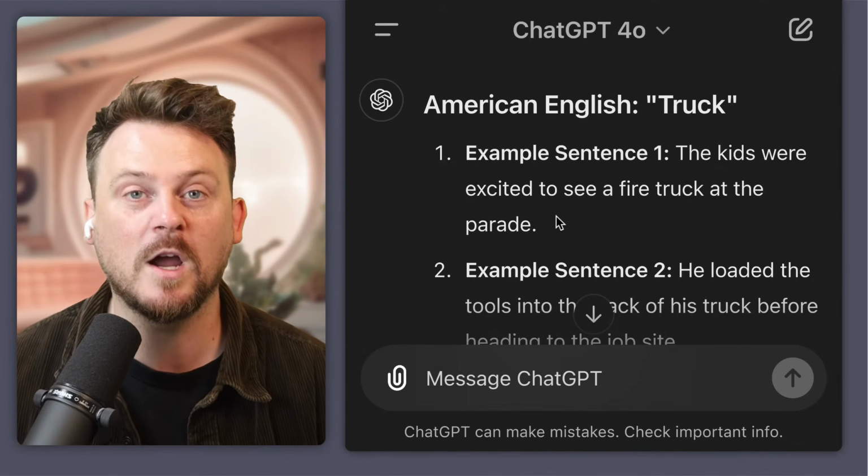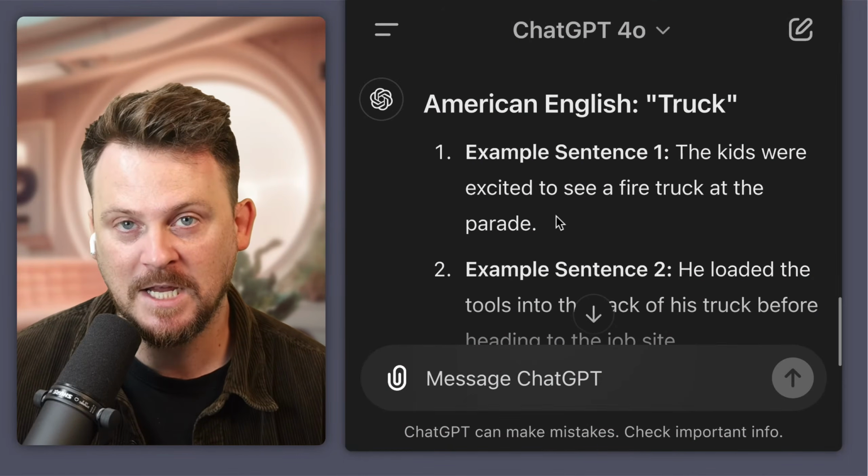I want to go over some words that Americans use and then the British version of that, just to explore this. We're going to go through a few of these. The first one is going to be the word truck.